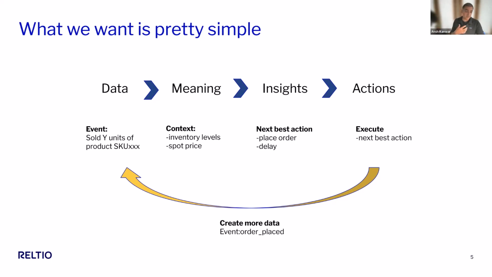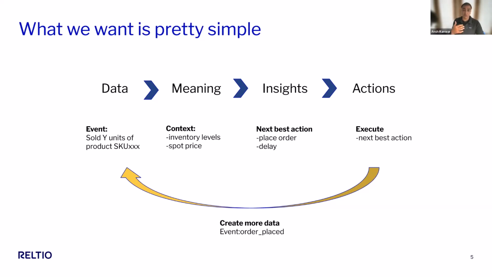To me, insights really are, if I do this based on my understanding of the meaning, something else will change, right? So a simple example we've laid out here is the element of data you receive is we sold some units of some product, right? The context, which is important to understand what that event means, is what are my inventory levels for that particular product? What is the threshold at which we reorder that from our suppliers? What is the price in the market right now if we were to order? Is there a spot market that we could leverage?